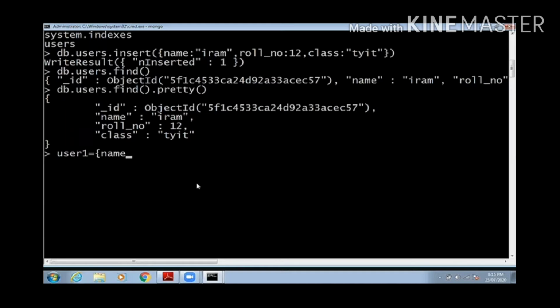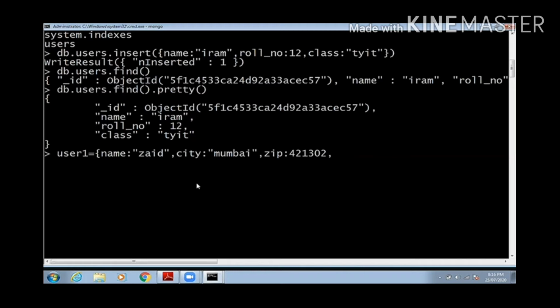Now it is the second method for inserting a document. We first create the document separately, like I am creating user1, then I will give a key that is name, then value Z, then a key city, then value Mumbai, then again a key that is zip, and since it is a number value, I will give it directly, no double inverted commas. The zip is 421302.